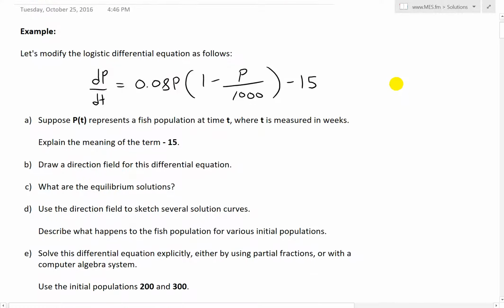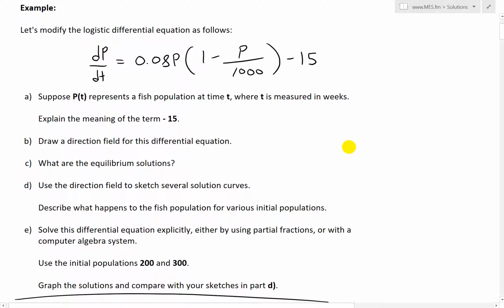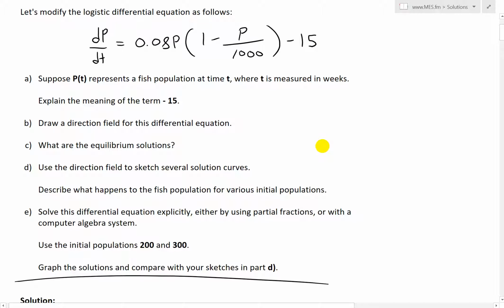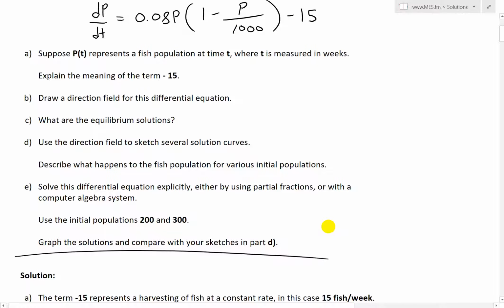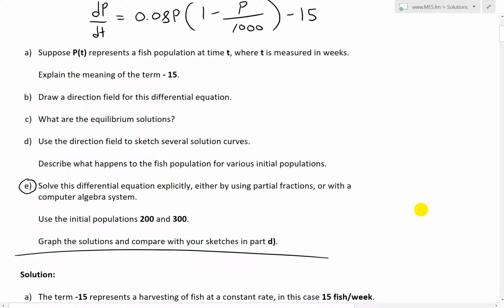And this one, like I showed in that video, was a harvesting constant. In other words, the example we looked at was a fish population, and this was the constant rate of fishing. And basically I solved in the last video A, B, C, and D, and now we'll solve part C,